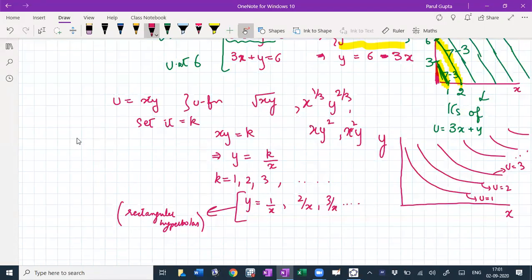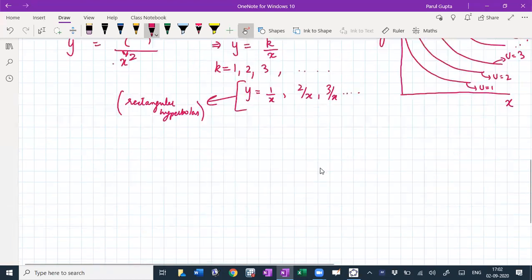So an easy way to remember a rectangular hyperbola is if you have y on the left hand side and some constant on the right hand side and some expression of x. So it could be either x or x square or x to the power half and so on. All of these are going to look like these C-shaped curves only, but it's important to first rewrite it in this form and then check whether you're actually getting the equation of a rectangular hyperbola. Okay, so that gives us these kinds of shapes.